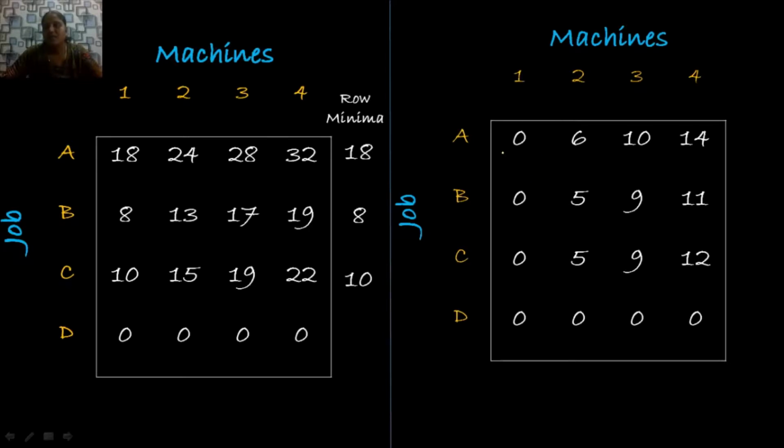As usual, we are going to give the first assignment for the row which has the minimum number of zeros. The first row has only one 0, second row has only one 0, third row has only one 0 and the last row has 4 zeros. So either we may give the first assignment for the first row, second row or third row. So I have to choose the first row for making assignment.